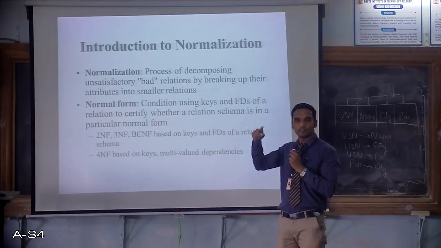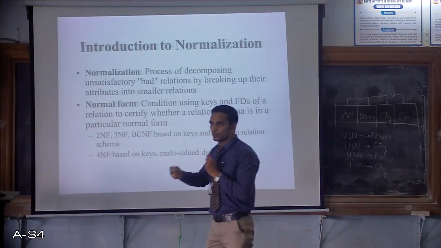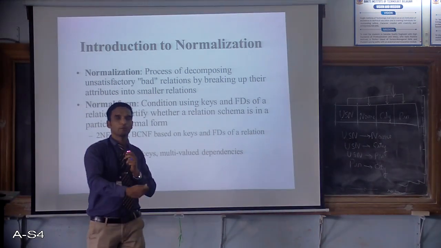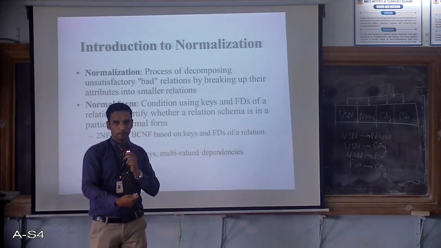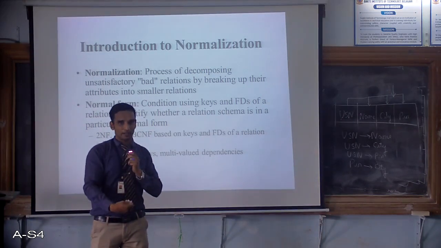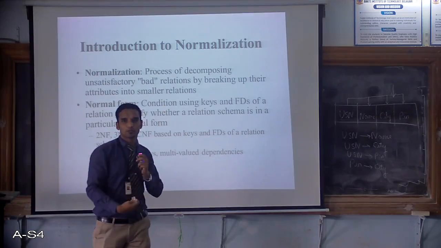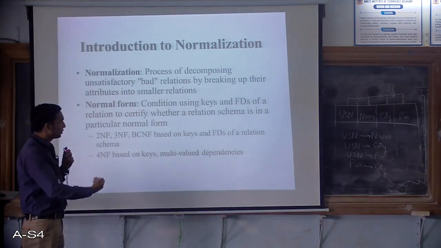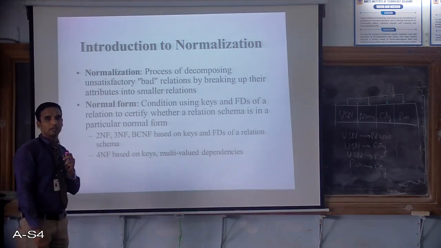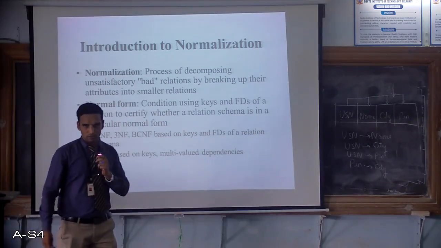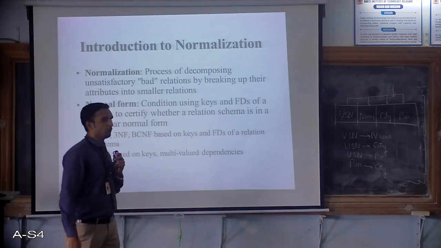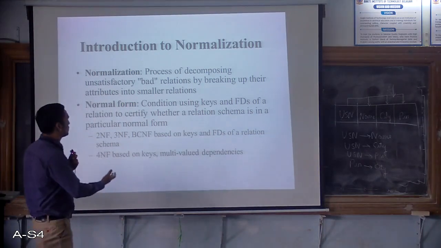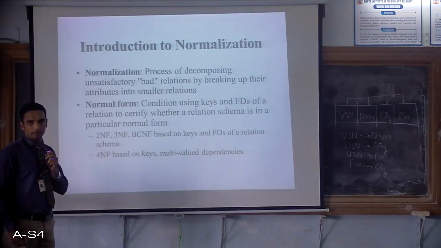A given table with 16 attributes, I can decompose it into some smaller tables, for example 4 or 5 tables. After that, I can't decompose it again. So to the maximum level, what I can decompose them is called normalization. So how can this be done? It can be done with the help of normal forms, which we'll study: 1NF, 2NF, 3NF and BCNF. And this can be achieved with the help of functional dependencies also.